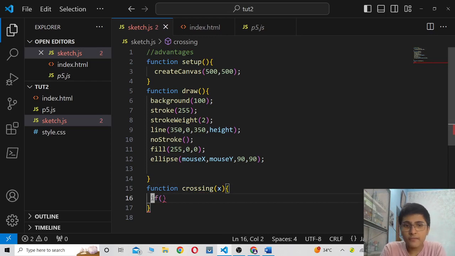So if this x is greater than or equal to the given line x, which is 350. So if this x crosses this particular line,